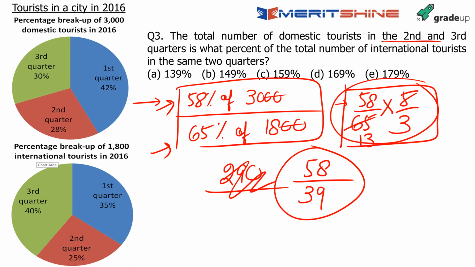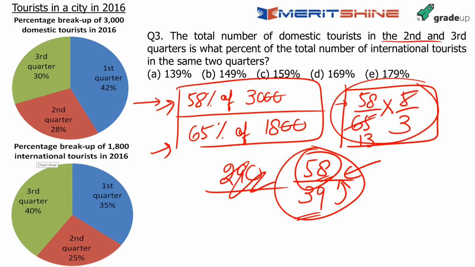So it becomes 58 by 39. Fine. If you look at this 58 by 39, what you need to calculate is by how much percent is 58 bigger than 39. Can I not say directly that it looks like a difference of around 50%? Yes. So the numerator here, in fact in this case they are precisely asking what is numerator as a percentage of the denominator. So 58 by 39, because half of 39 added to 39 would give me approximately 58. It means that this is around 50% bigger than the denominator.